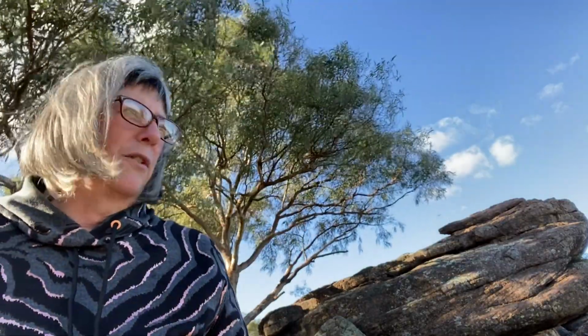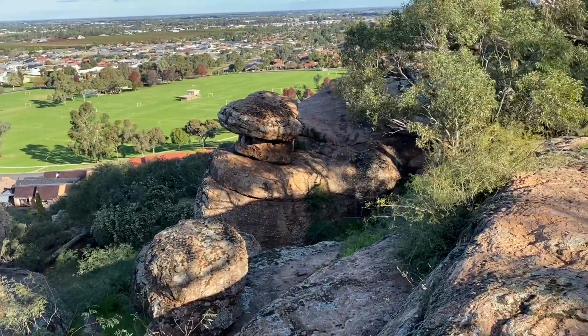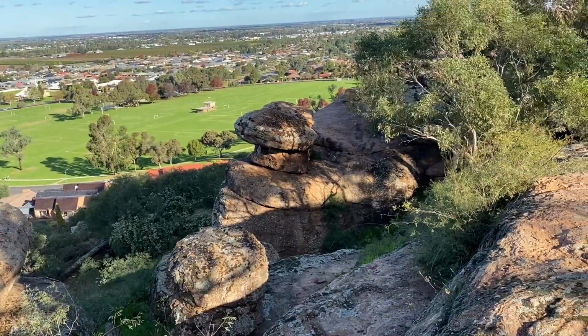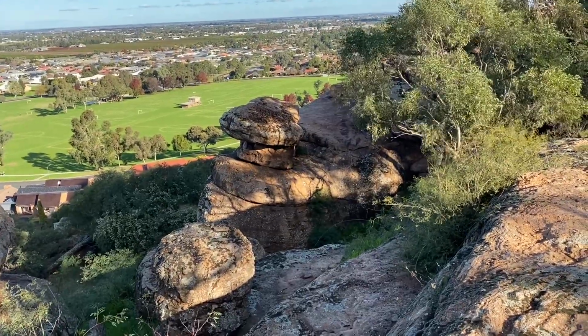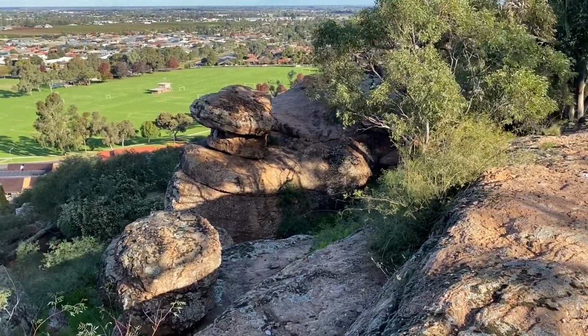Now I'm going to just show you what I'm seeing now. I've been up here this morning, but I'm seeing some of what he would have seen. Just bear with me. And so remembering that we are still at his caves, we are still in this area. If I was younger, I'd be doing a lot more exploring, but look at that rock over there. It is a large rock balanced on a smaller rock. In fact, all these rocks